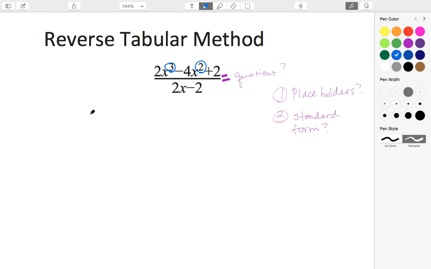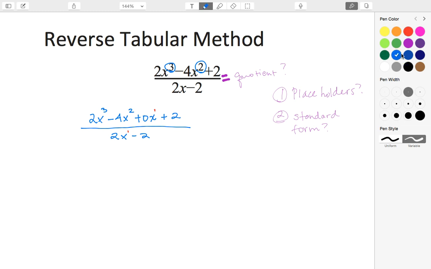So we go ahead and just rewrite this problem. So we have 2x cubed minus 4x squared plus a 0x term, which is technically to the first power, and then finally our constant. And then we divide by our divisor, which is x minus 2. And this one does not have a missing term because we have x to the first, and then it goes straight to our constant, and recalling that this is technically x to the 0, which is 1. Okay,